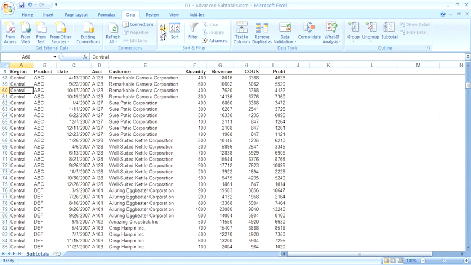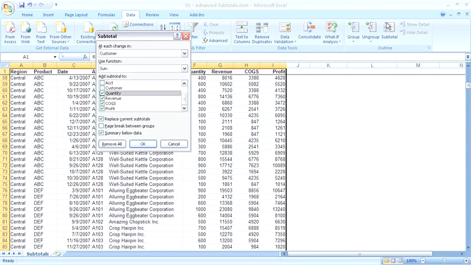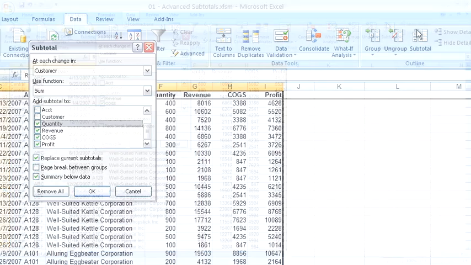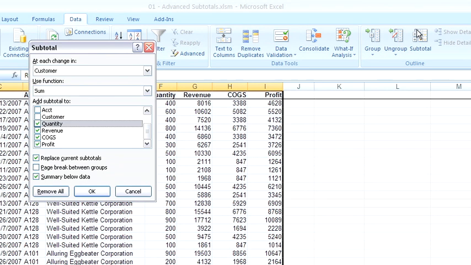Adding the first set of subtotals is just like adding the customer subtotal. We will select a single cell in the data set, and then from the data ribbon, choose the subtotal command. This time, instead of suggesting the subtotal by the leftmost column, it's remembering the last column that we subtotaled by. So we want to change at each change in customer to be the region field. All of the other settings that are remembered from the last time are correct, so click OK to add totals